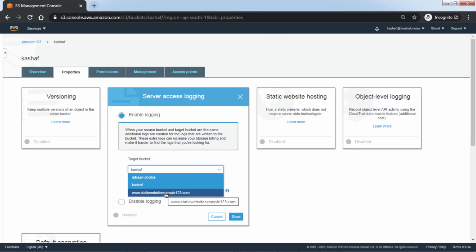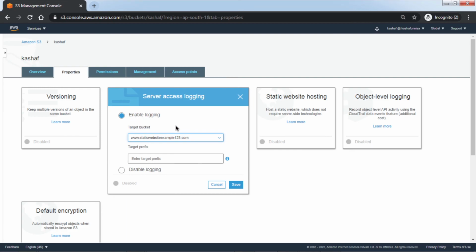So now I will select another bucket. So this is gone. AWS recommends that you select a different bucket as the target. Don't select the same bucket as the target. Here you can set a prefix, like we saw in our PPT, suppose logs slash. All the logs will be saved under this prefix, so it will be easy to find, easy to access, and good for debugging.